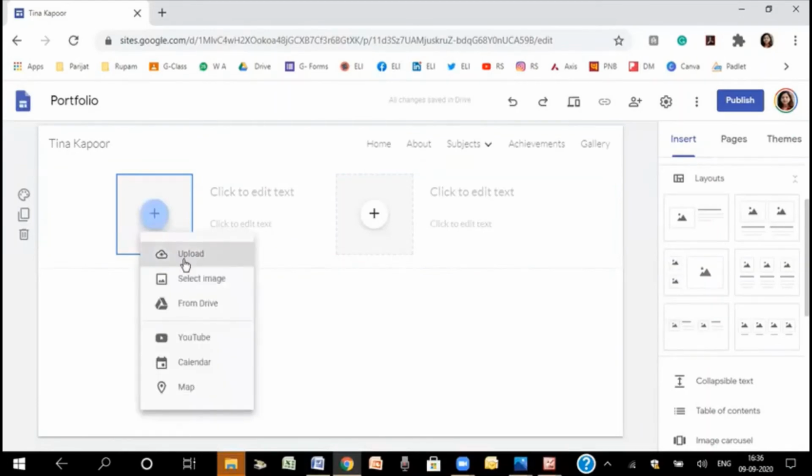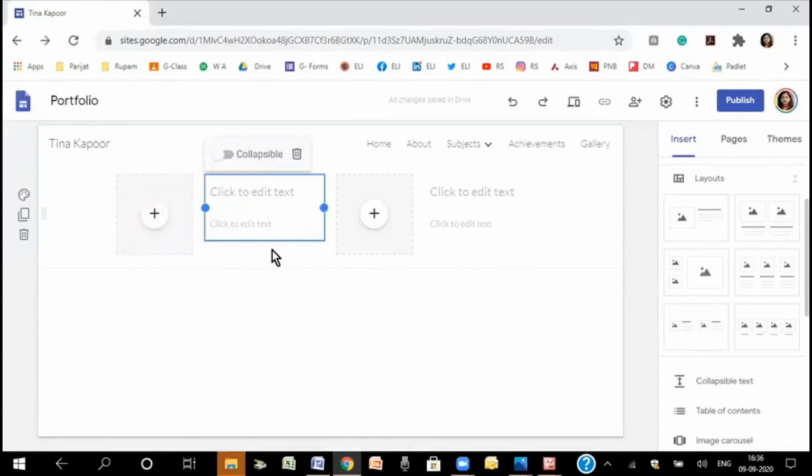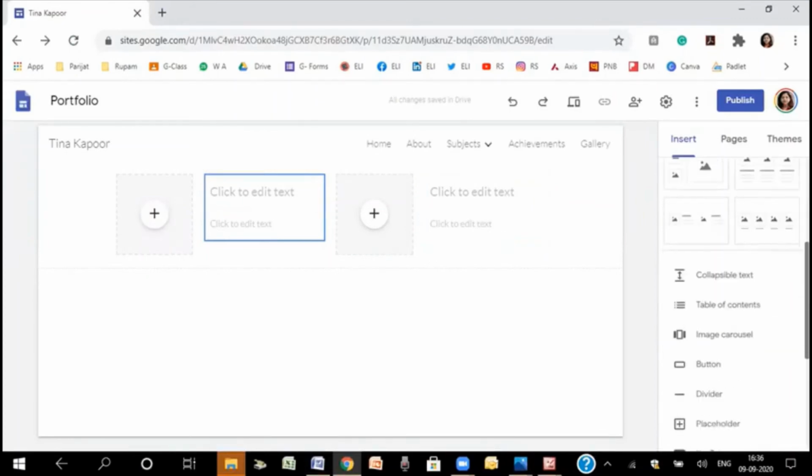You can upload any image, you can upload any document from Google Drive or YouTube. Any item from the calendar can be integrated here, or you can integrate a map here. So you can upload any of these things, and then the relevant text can be written. So depending upon how the child wants, it can be done.